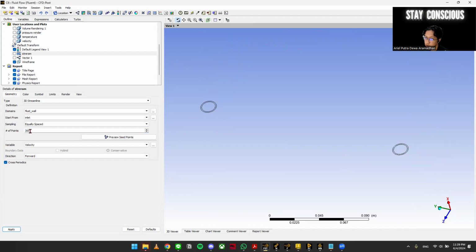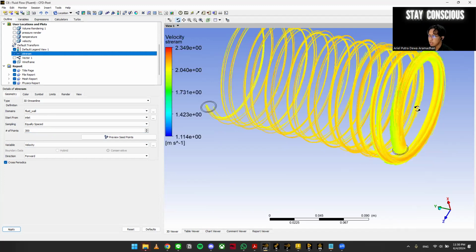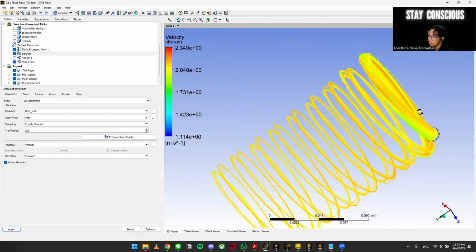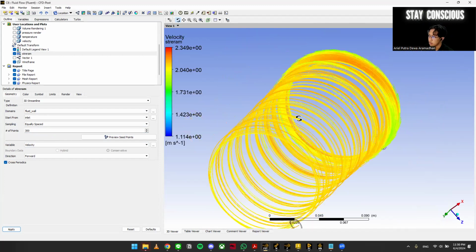Let's say you want to render 300 points here, so there are 300 particle points at the inlet. But if you want a higher resolution, you can always increase this point, let's say 500 or maybe 1000. After that, you can see here, this is the one that I've run before.